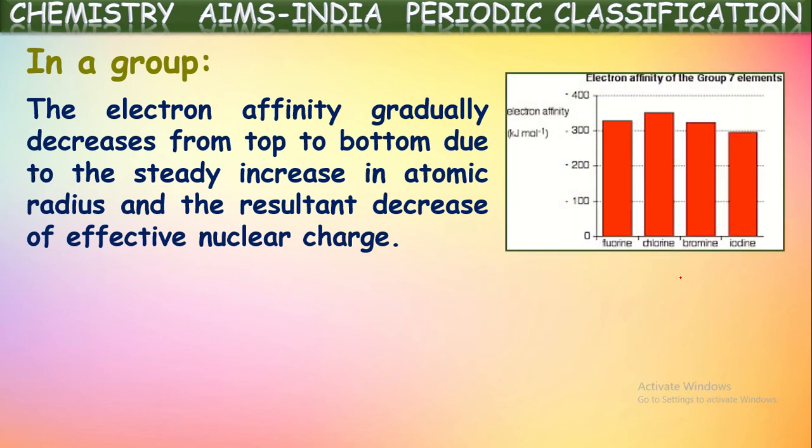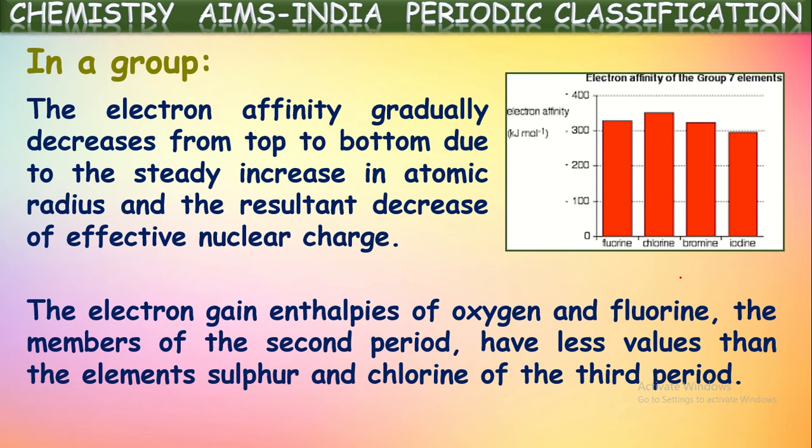So electron affinity also decreases gradually in a group from top to bottom. Suppose you see any group from top to bottom, electron affinity values gradually decrease. But there are some exceptions in the p block elements. For example, in halogens, the electron gain enthalpy of fluorine is less than that of chlorine, the second element. We said from top to bottom it should decrease because size is increasing. But here in halogens, from fluorine to chlorine it increases and then it decreases. Why does the second element have a greater value than the first?